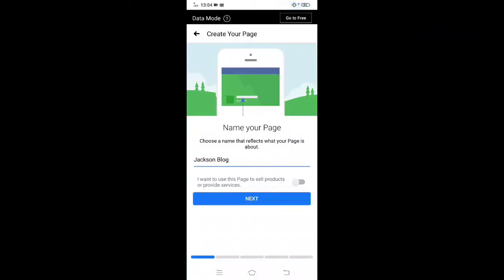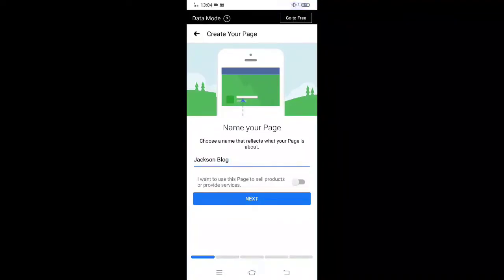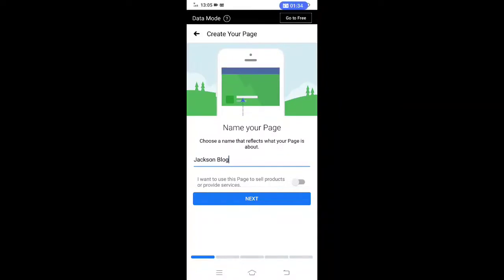I want to use this page to sell products or provide services. So kung yung page mo guys is for business, so you can click this one, okay, or you want to provide a services, so pwede yan, okay. So yan, at next,